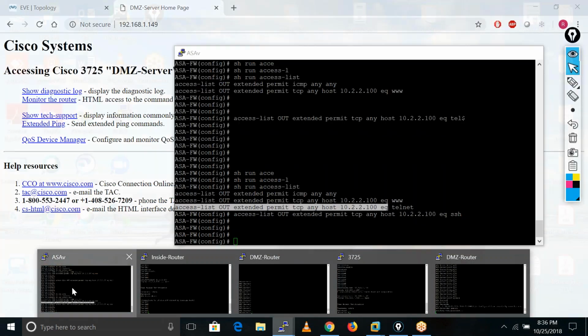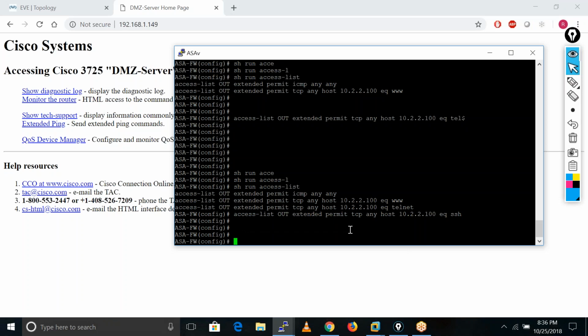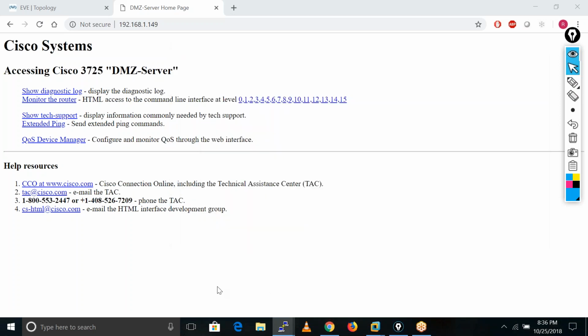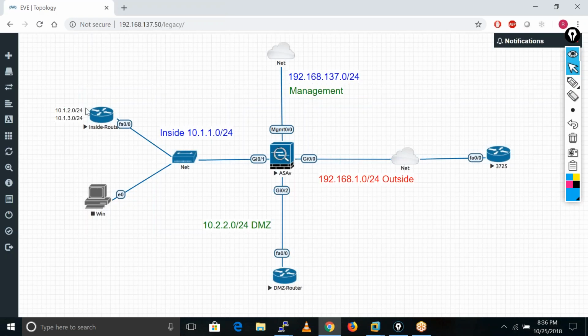Okay, so now we have one more case. Let's suppose we have around four multiple servers here on DMZ. Let's suppose I also have one more network in my DMZ, which is 10.2.3.0/24.